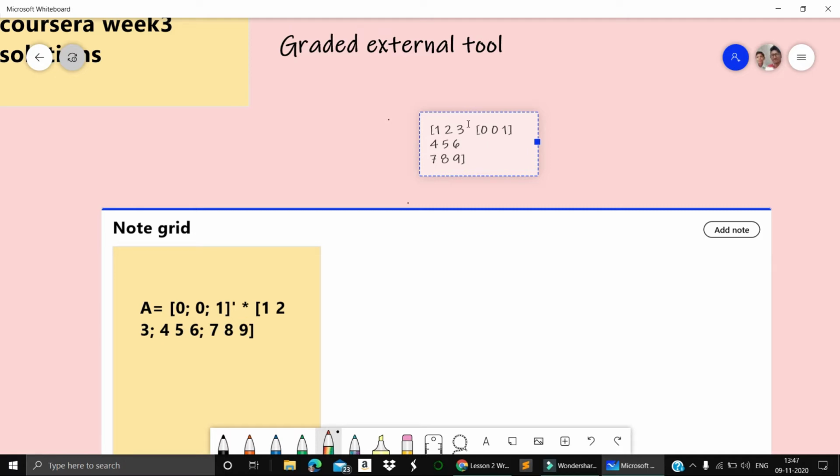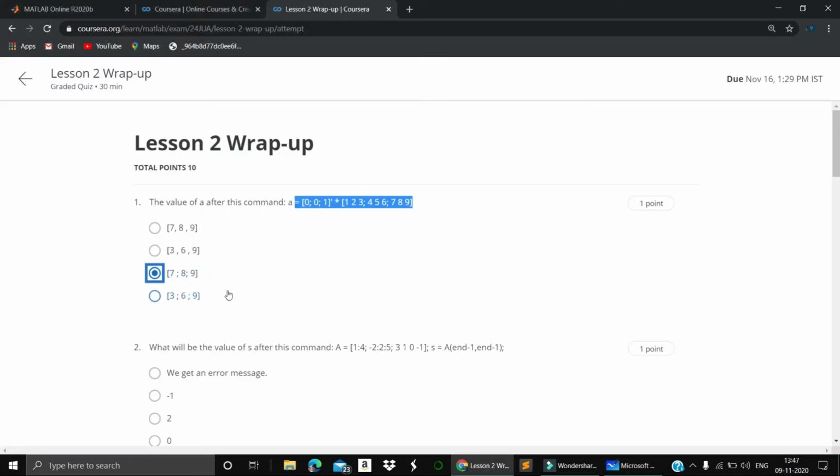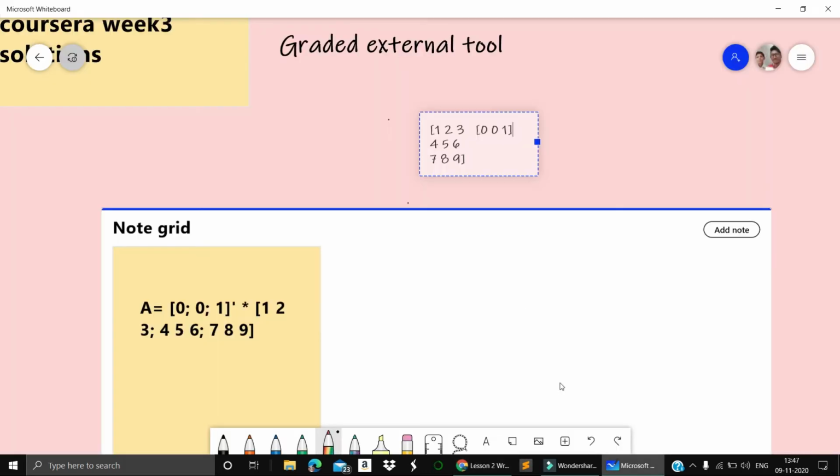You need to multiply such that it produces a matrix as given here. Whether it will produce a column matrix or a row matrix, we need to find out.